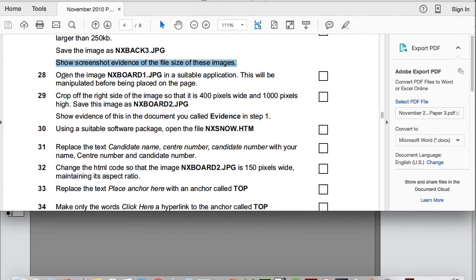Next instruction is to open the image nxboard1.jpg in a suitable application. This is going to be manipulated before being placed on the page. Okay. So